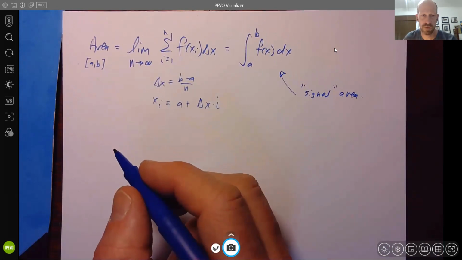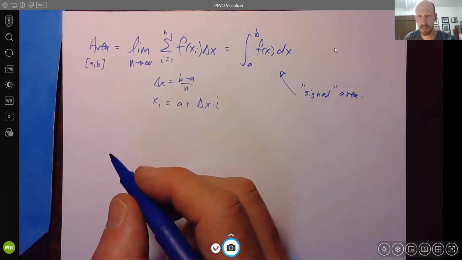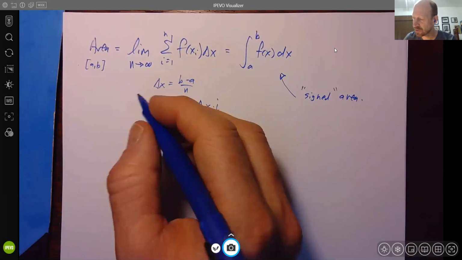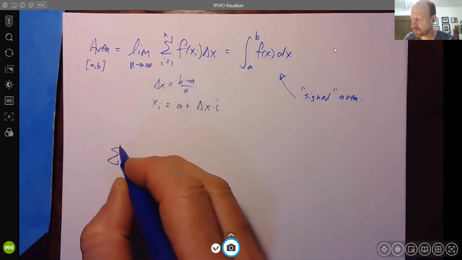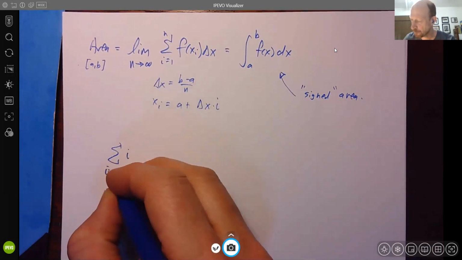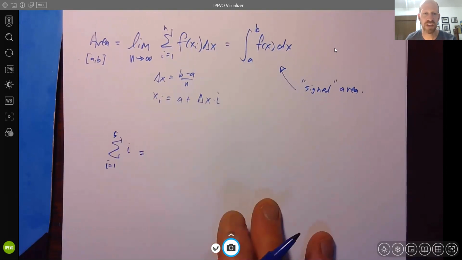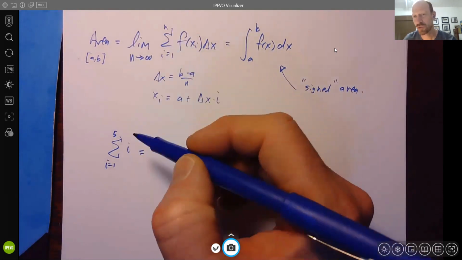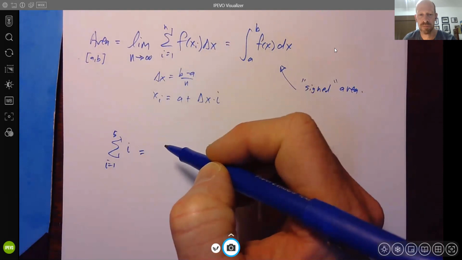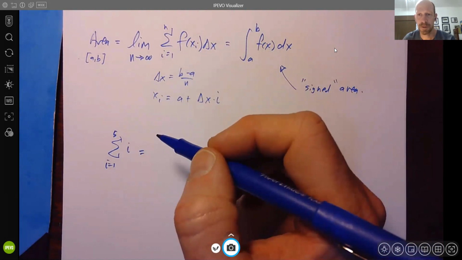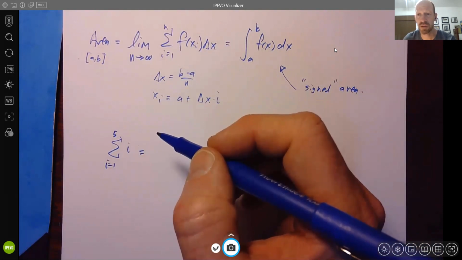So let's look at an example here. Well, maybe it makes sense to talk a little bit about sigma notation first. Remember, sigma notation is a sum. We're going to need sigma notation to calculate this limit. So we're just going to spend 5 minutes here introducing sigma notation. It's a topic that you could spend quite a bit of time on, but we can get what we need